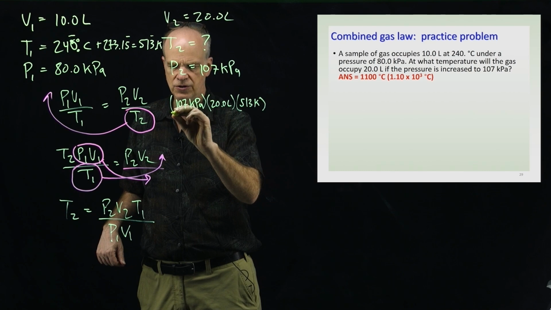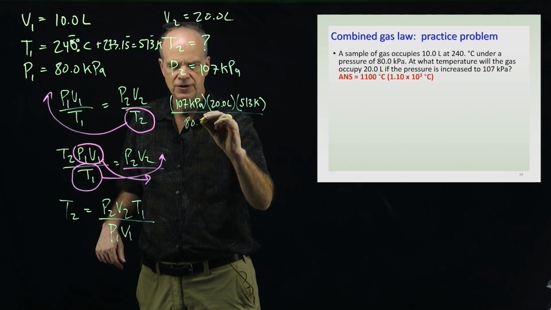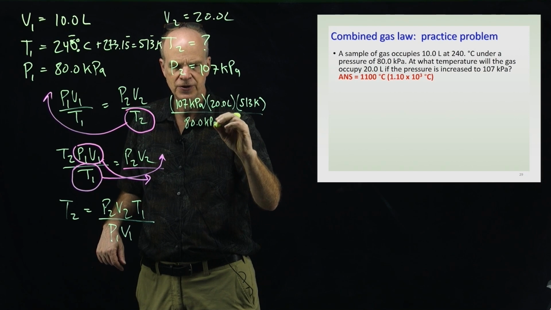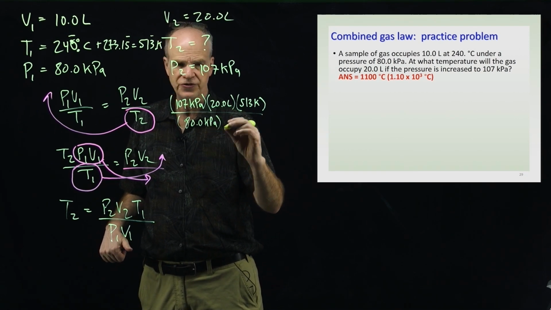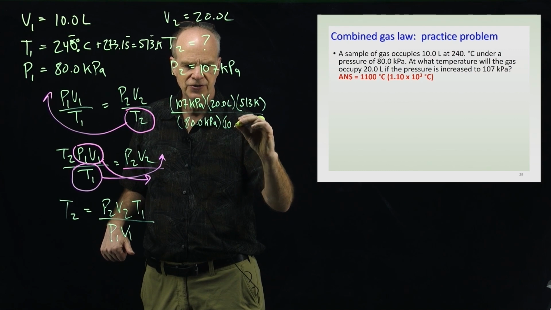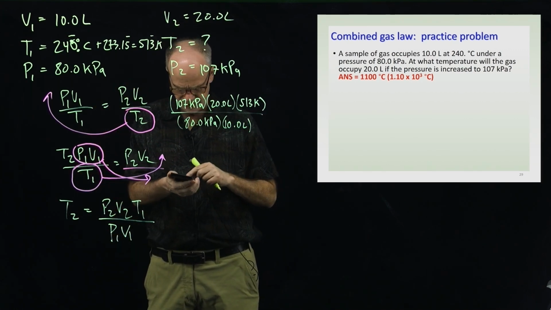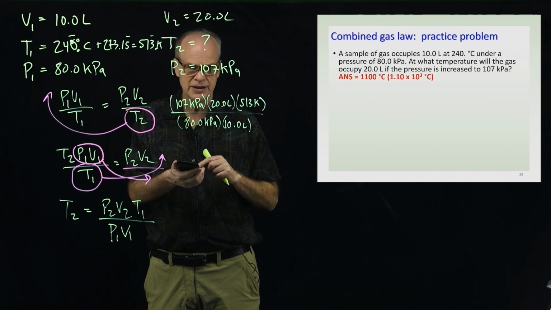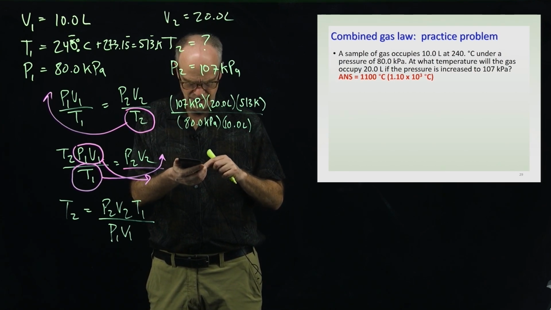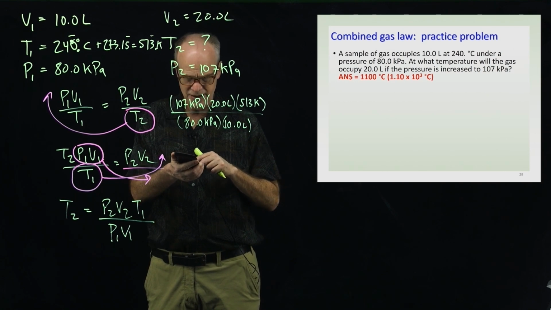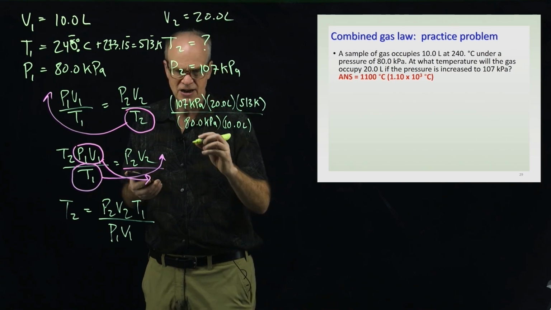And then over P1, which is 80.0 kilopascals. And then we have V1, which is 10.0 liters. So let me see what number I get here. I get 107 times 20 times 513 divided by 80 divided by 10. So the number I get on my calculator is